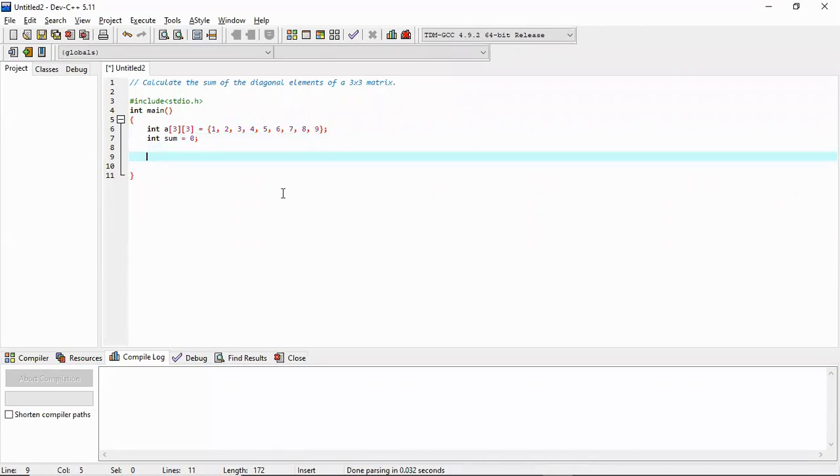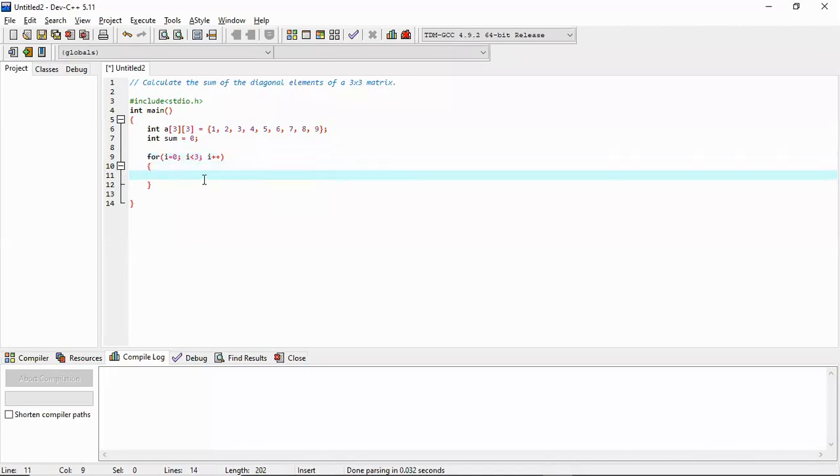Since we have to traverse the whole matrix, again we will use a loop, and since this is a 3 cross 3 matrix, 3 rows 3 columns, I will control the row thing. It will run for I equal to 0, I less than 3, I plus plus.